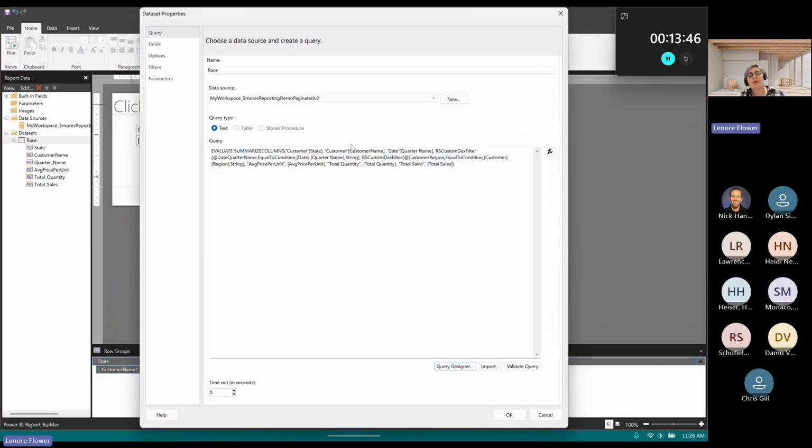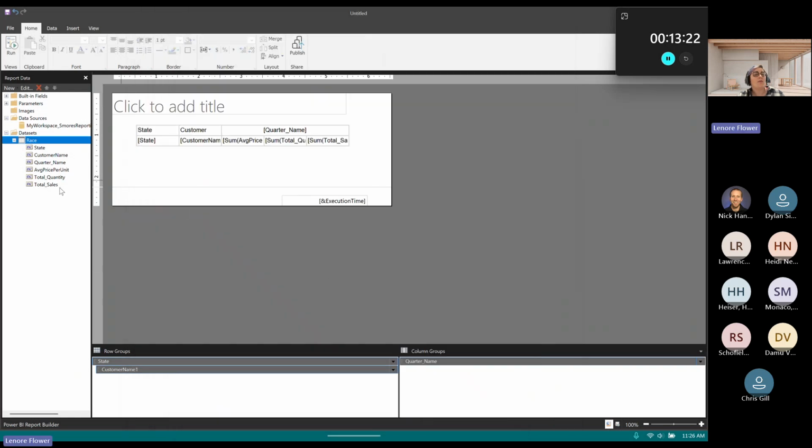So now it is doing a lot of things on the back end that you don't even know. I don't know if you caught that, but it just added this RS custom DAX filter, which is a custom DAX function designed to carry values back to the semantic model from Power BI paginated reports specifically.